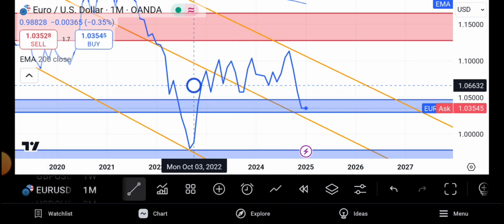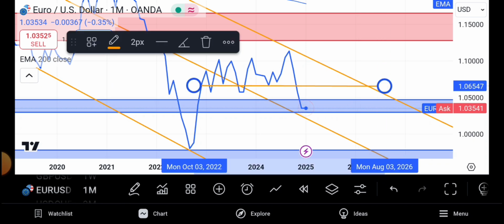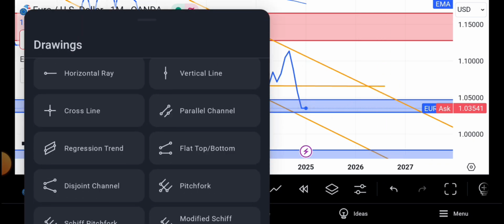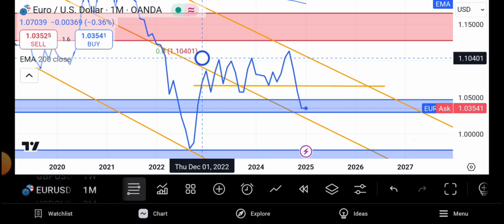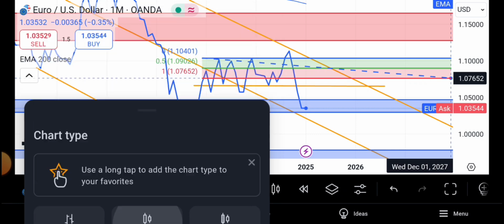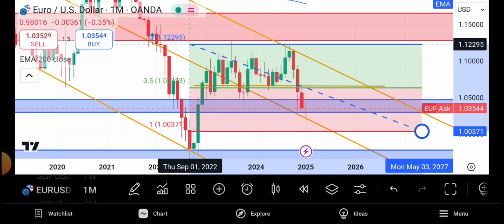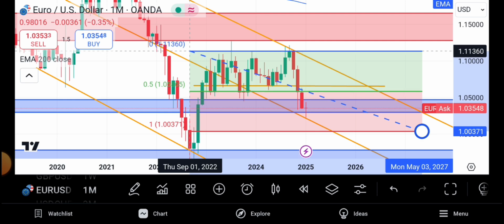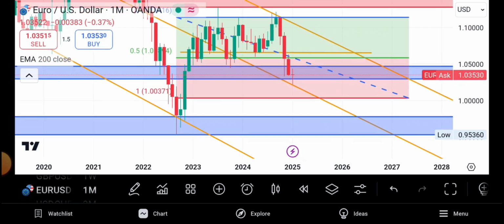So let us draw that distance. And you know the rule of the game. My rule is TP1 is always half of that distance. Then TP2 now, TP1 is always a guarantee, guys. Let me show you what I'm trying to mean.